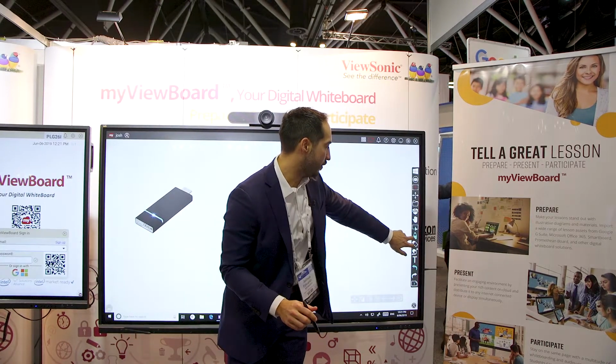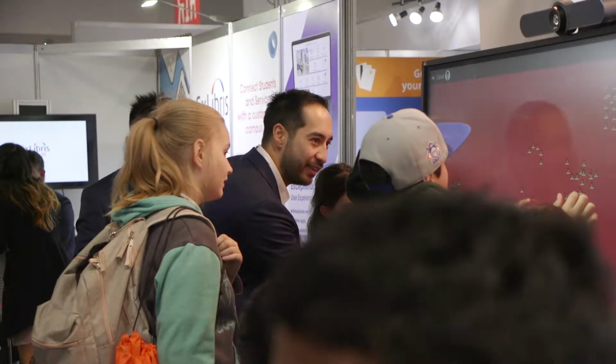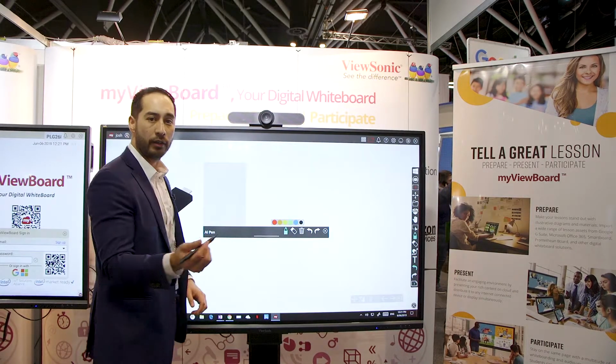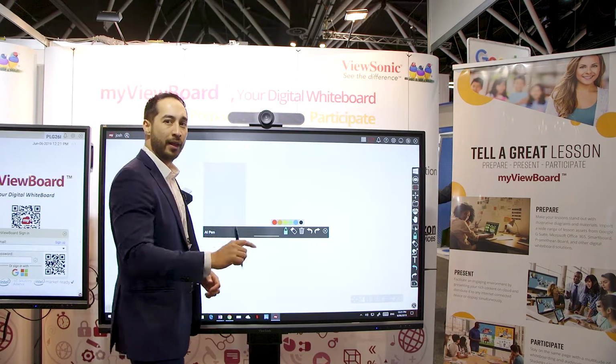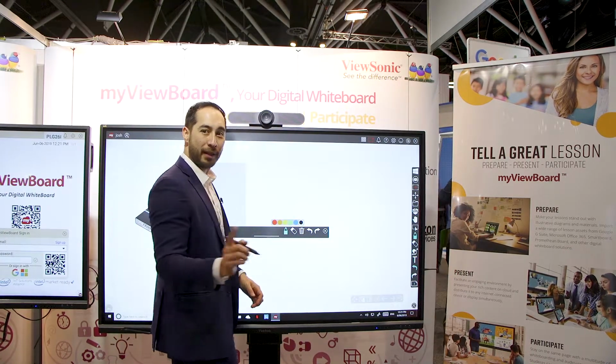One of the newer features that we've integrated is this AI pen tool, which you can see here. And this is a machine learning tool. And what it's going to do is spit out back to me what it thinks I'm drawing so I can do it quicker. And if you're a terrible drawer like me, it's going to be great. So I'm going to draw the best snail I can